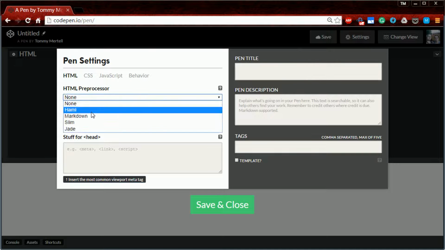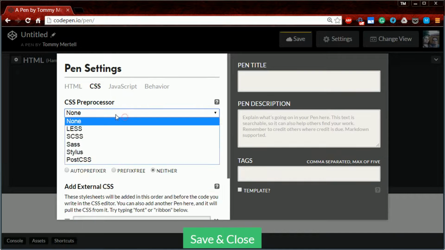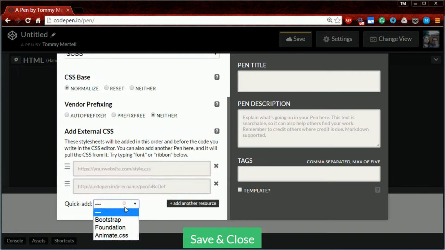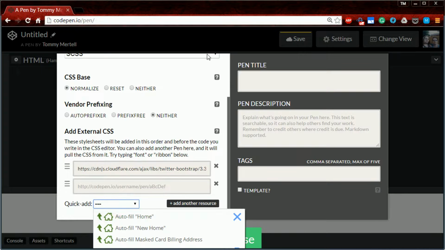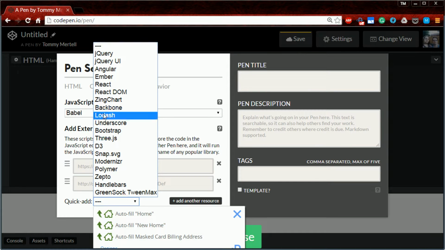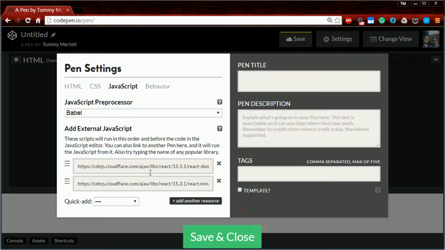So I'm going to go ahead and select HTML preprocessor. Let's go ahead and see if I can increase this. There we go, that way it's easier to look at. Let's get some Sass in there. Let's normalize, and let's hook in Bootstrap. And then go back up here, and we want some Babel, and we want some React DOM, and we want some React. Now, I've had some trouble with the React